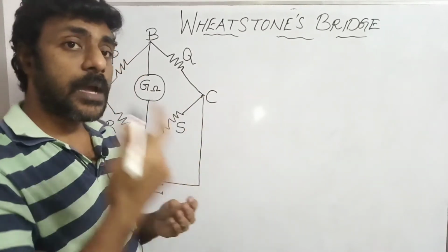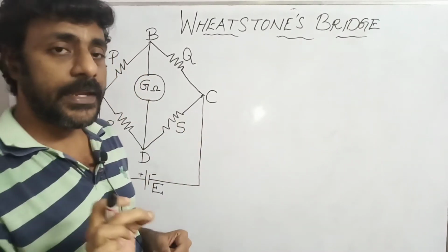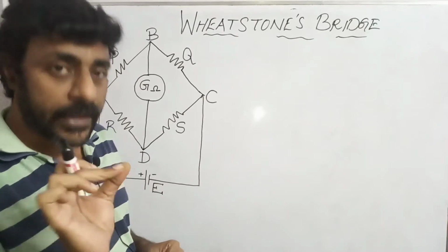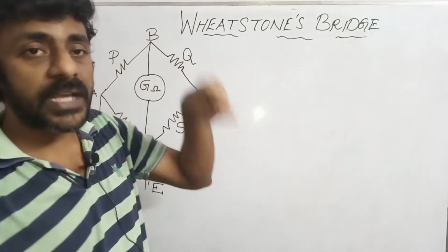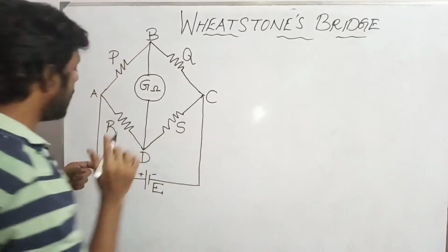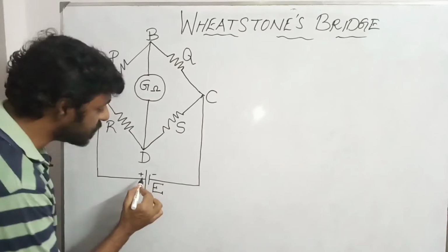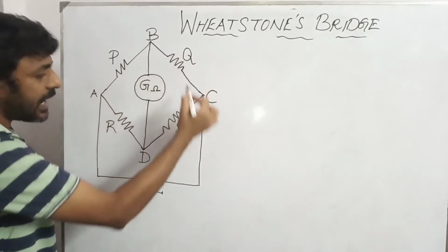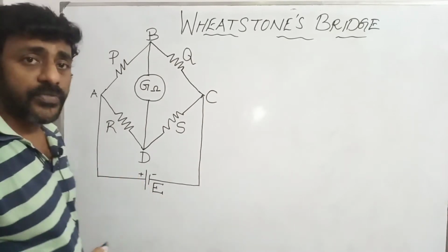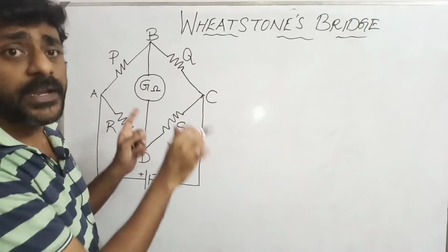Then next, we need to find the direction of the current. We need to name the current and mark the direction of the current. So how will the current flow? The current usually flows from the positive terminal of the battery, goes around, and comes to the negative terminal of the battery. This is how the current will be activated in the circuit.